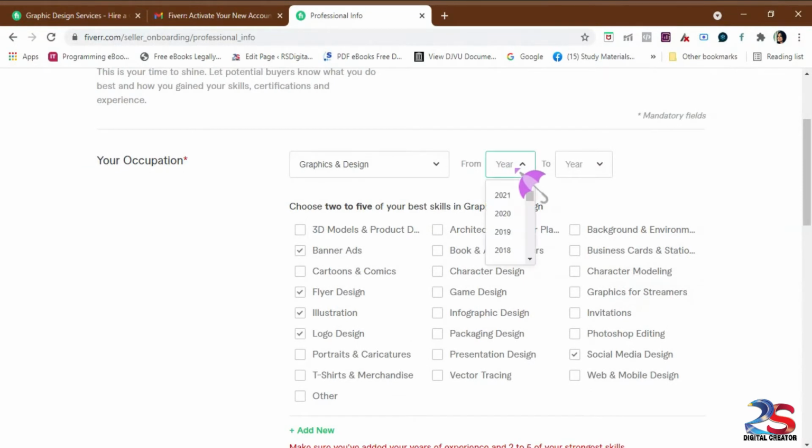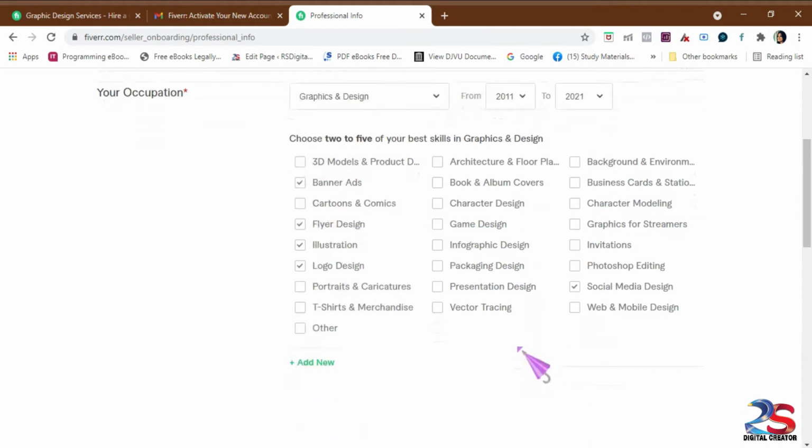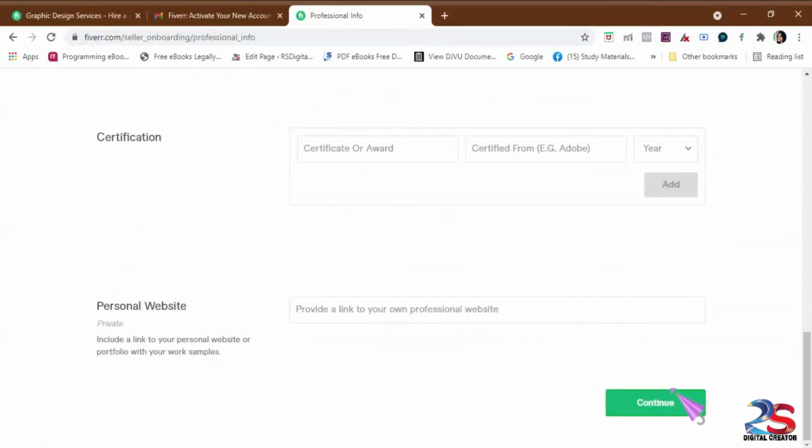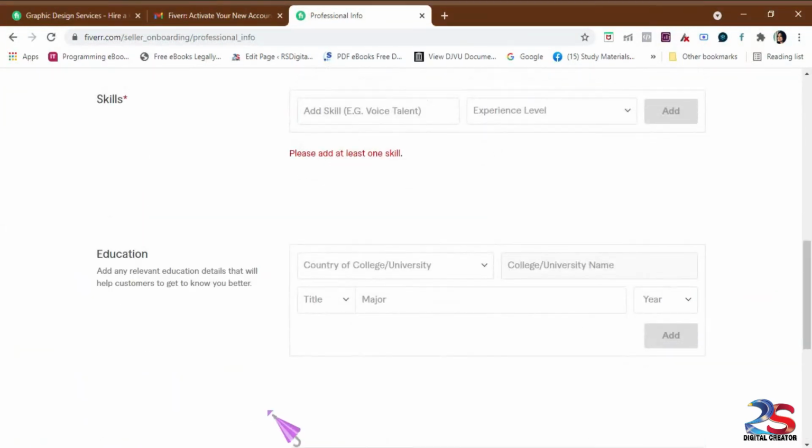After mentioning your occupation, you can select how many years of experience you have, and just click on continue. If you want, you can fill in all the details like skill set.